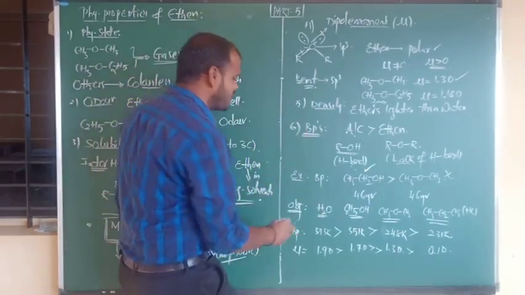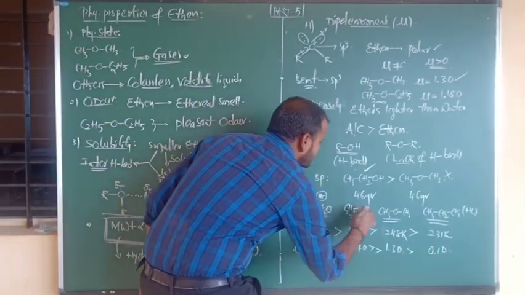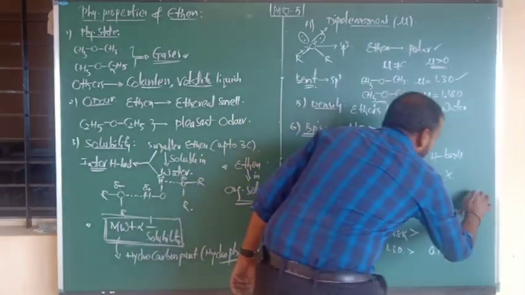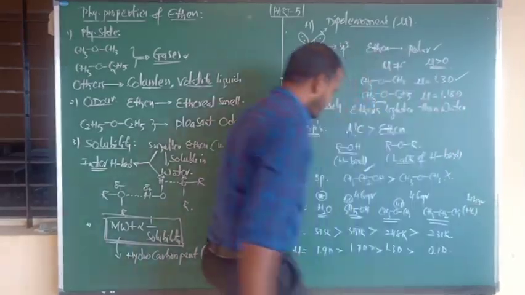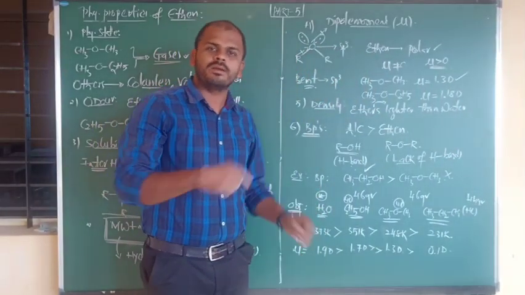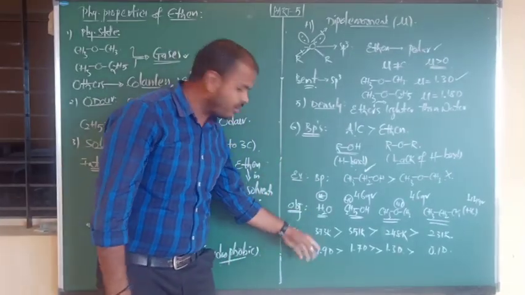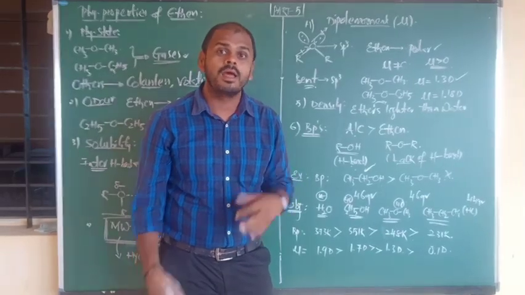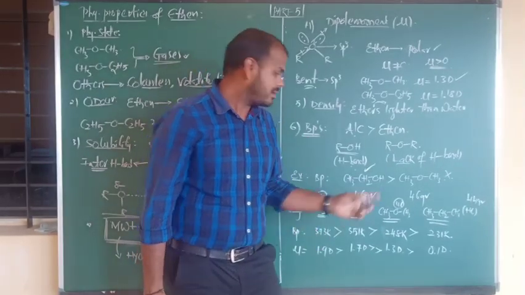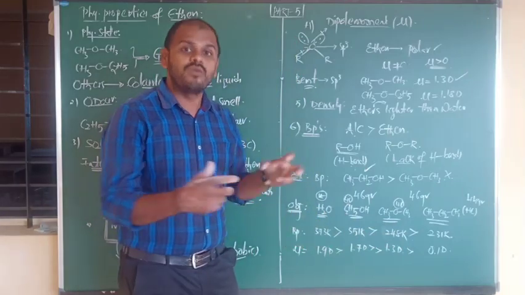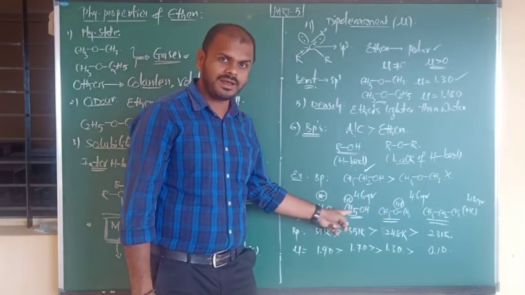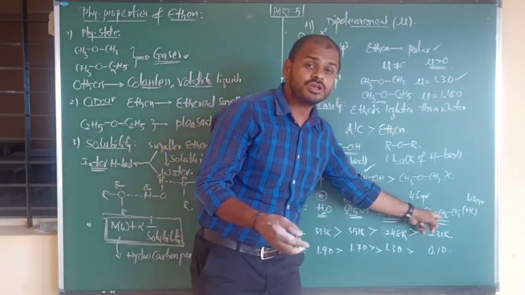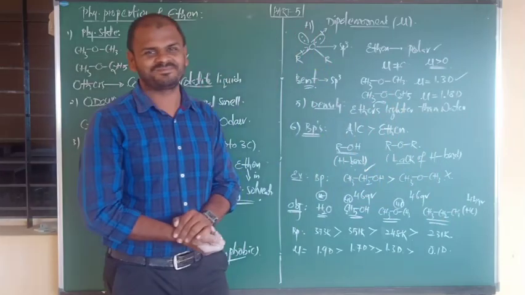And once again a comparison: water molecular weight 18 grams, ethyl alcohol 46 grams, dimethyl ether 46 grams, and propane 44 grams. Water has a special type of effect, more association with hydrogen bond. It has a higher boiling point, okay. But the remaining three compounds have nearly the same molecular masses, right son? Again here also boiling point depends not on molecular masses but on their forces. Ethyl alcohol forms hydrogen bond; dimethyl ether has no hydrogen bond but a little bit of polar nature; and the last one has no polarity, no hydrogen bond.